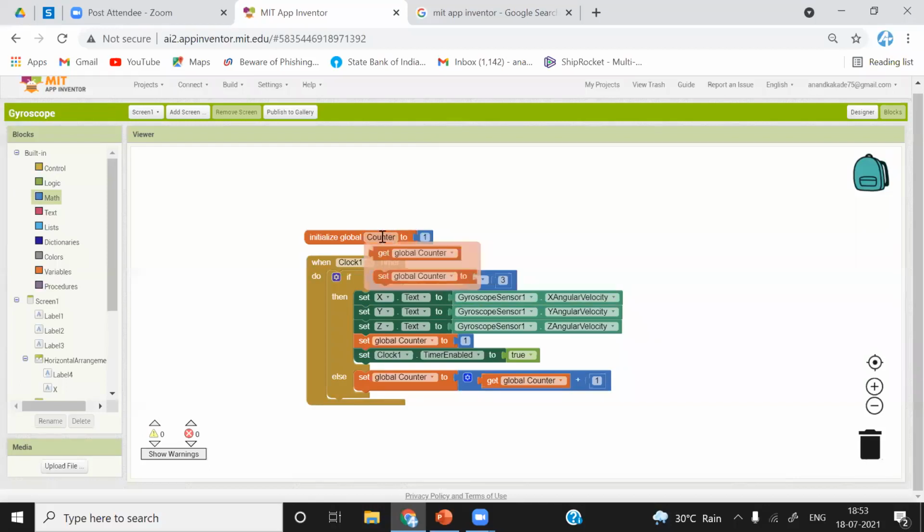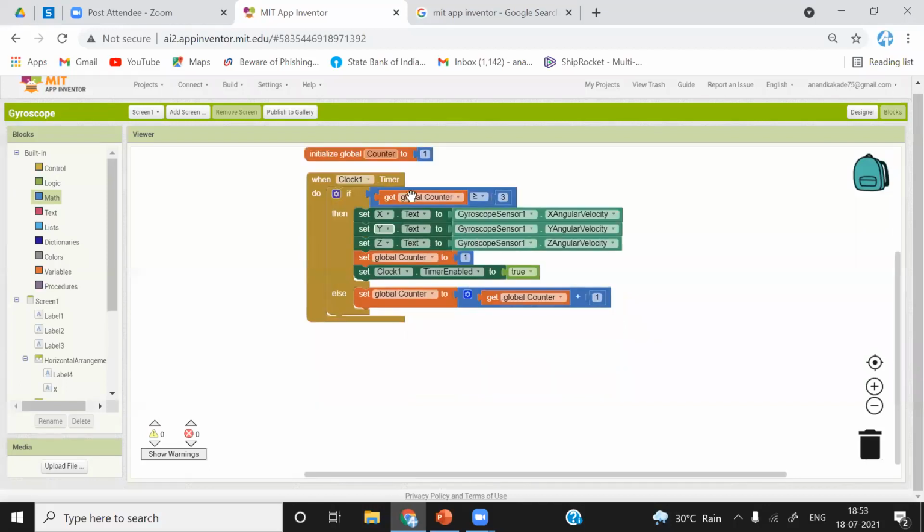Whenever we are entering this timer, we are checking if this global variable is greater than or equal to 3. If not, then we are skipping and incrementing it until it gets greater than or equal to 3. As soon as it gets equal or greater than 3, it will run this logic.